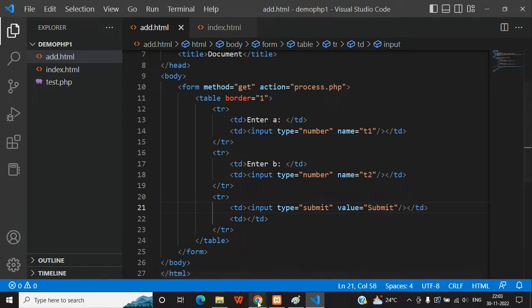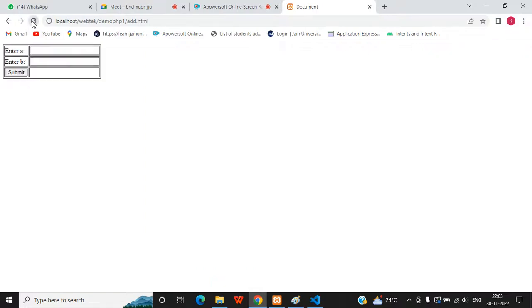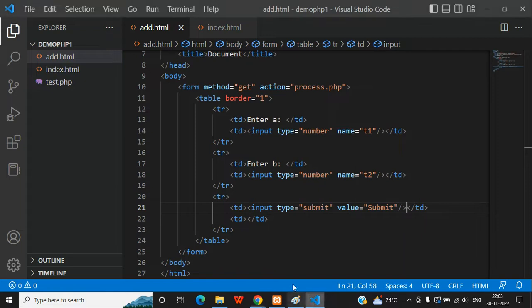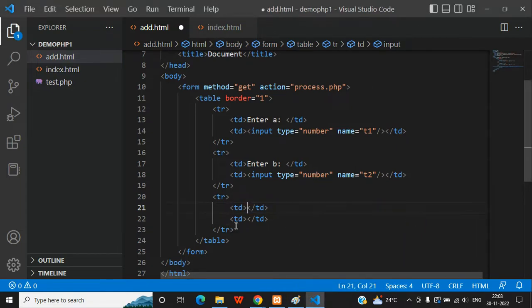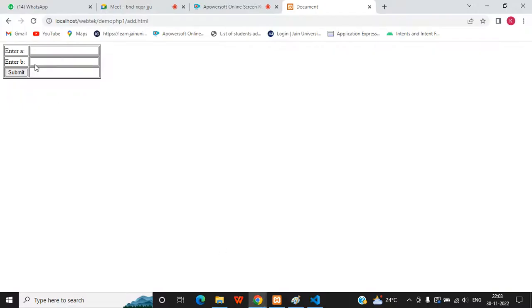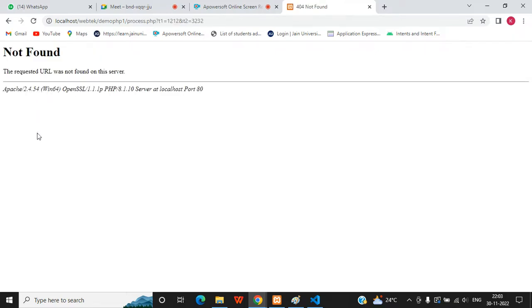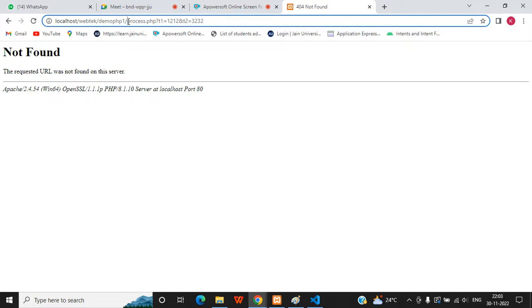Okay, fine. Now look how the form is saying, see here, submit. Just bring the submit button in the next. Okay, save, second column will come. Submit. So when I put some data here, and when I click the submit button, see here, all the data